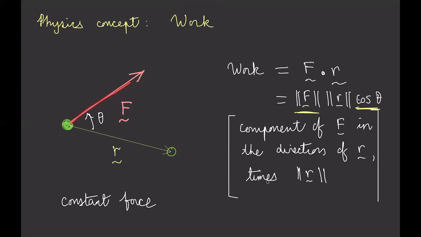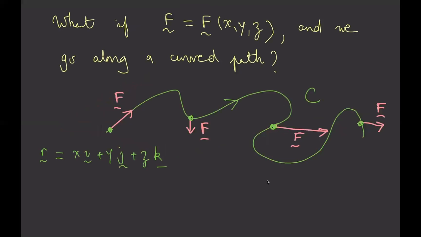So if your gravity changes depending on your location, if you're really far away from Earth, the gravity is going to be quite different from the gravity on Earth, right? Or electric fields, magnetic fields, and so on. So suppose you've got some force, right? Let's think of this as a force, but it's just in general any old vector field which depends on space, right? And we want to look at the work done by this in moving an object along some curved path,